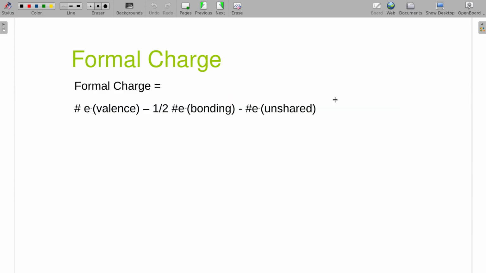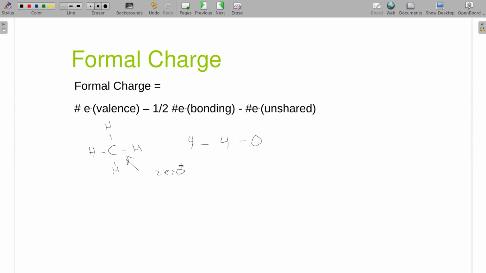On to something else we're going to be reviewing here, formal charges. We used these back in general chemistry to tell us whether or not we came up with a successful Lewis structure. If we were to do something like carbon with 4 hydrogens on it, we could get its formal charge just by looking at the valence electrons of the carbon, which would be 4, minus half of the electrons that are bonding. There's 2, 4, 6, 8, so that would be 4. And then the unshared electrons, there are no pairs of electrons in that. So that particular carbon has a formal charge of 0.